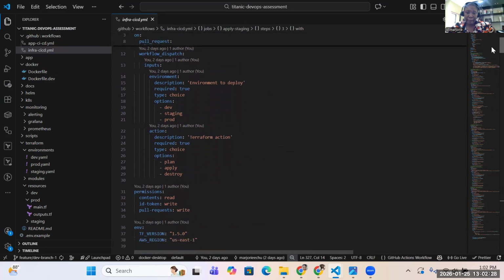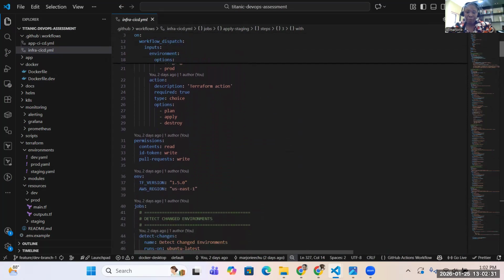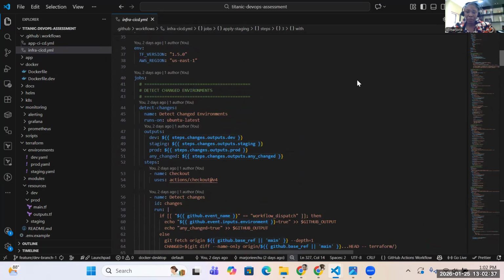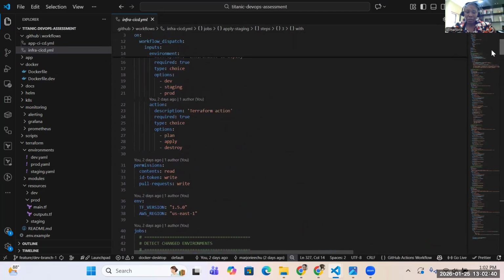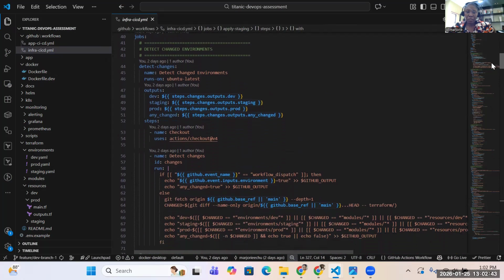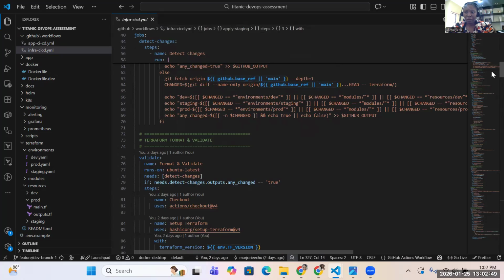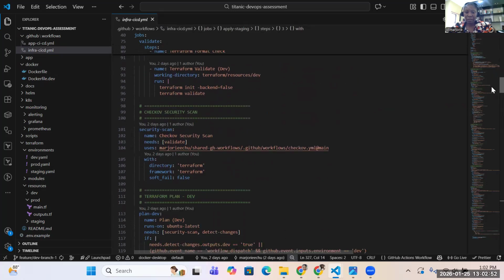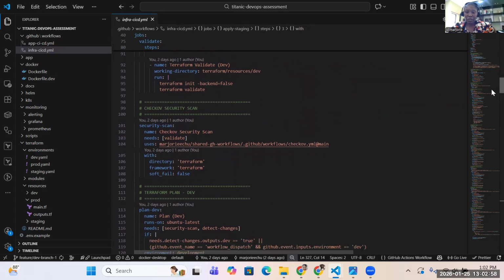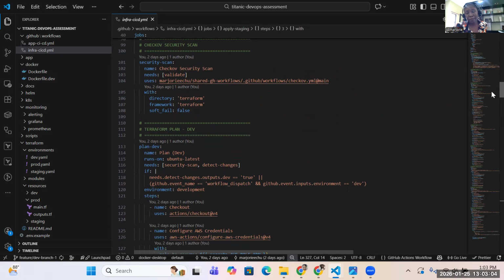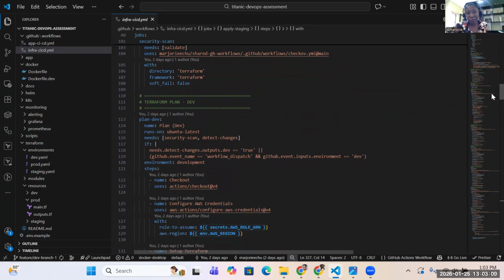So all necessary declarations were made, and the job starts off with detecting changed environments, and then Terraform formats and validates, and checks off just like a security scan to check for any irregularities or bugs or incorrectness in the Terraform codes, and